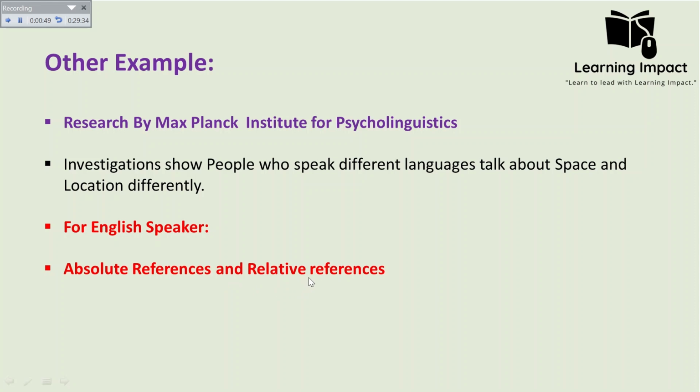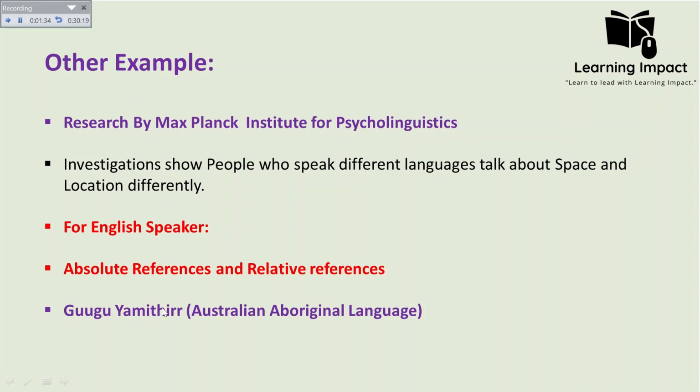So as we have both types of references in our language, we talk about directions differently as compared to others, okay? For example, we English speakers use absolute references, like head north to get there, or south of town. And we also use relative references, for example, on my left, or above you or below. These are the words that we use in different contexts. So absolute and relative references are used by English speakers, and in the case of the other community, the Yugo-Yimithirr community, Yugo-Yimithirr language, sorry,